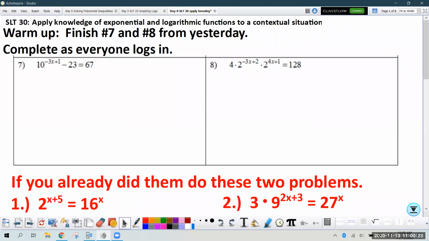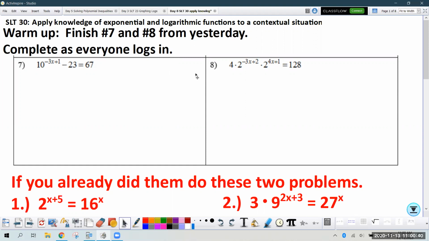All right, so here is our warm-up for today. Our topic today after the warm-up is going to be apply our knowledge of exponentials and logs to specific situations. It's going to be a word problem day. But for now, we're going to pause the video here and give you about 5 minutes to complete 2 warm-up